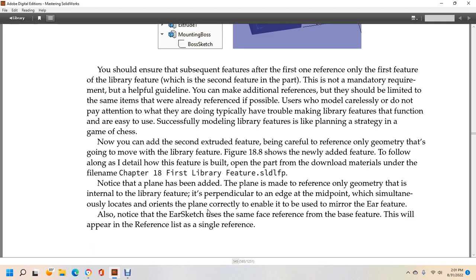Open the part with the download materials under the file named Chapter 18, first library feature solid favorite part. Notice that library favorite part, solid library feature part. Notice that the plane has been added. The plane is made with the reference for the only geometry for the internal library feature, perpendicular to an edge at the midpoint. Simultaneously it locates, orientates, and places correctly to enable the use of the mirror and the ear